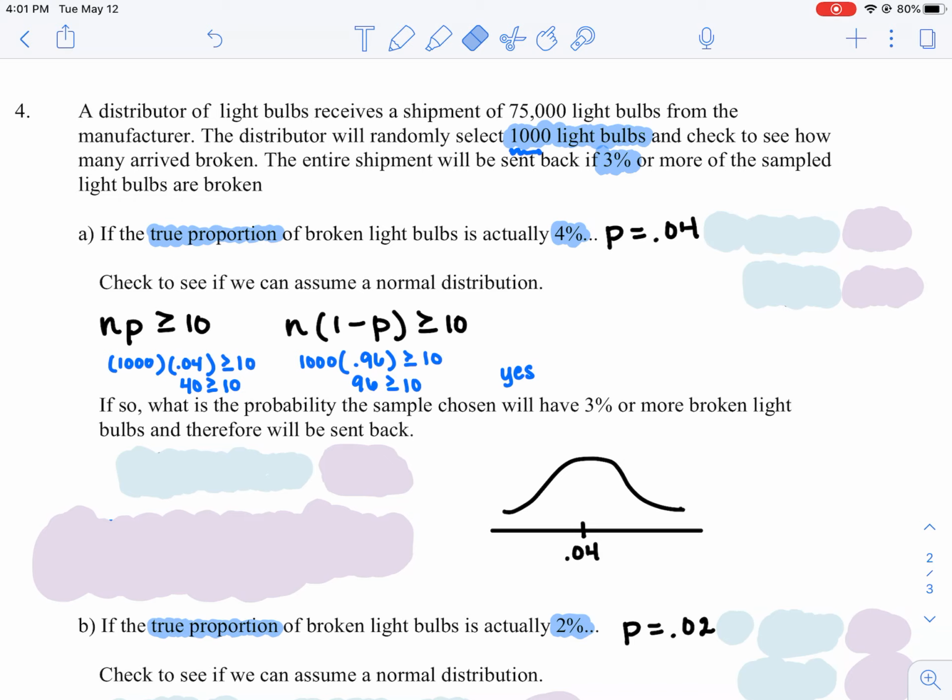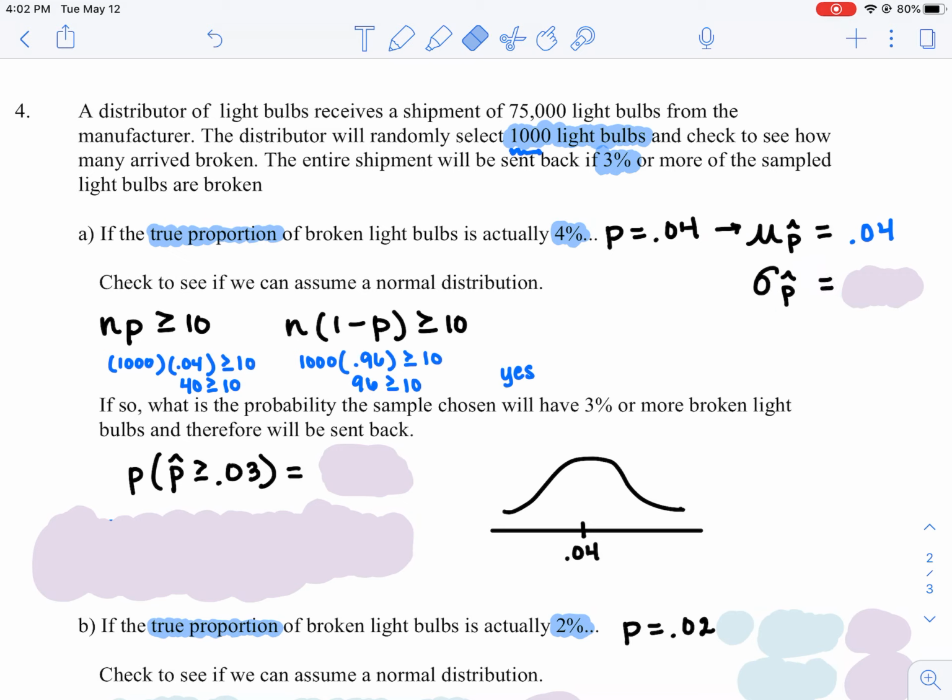What is the probability that this sample of 1,000 light bulbs is going to be more than 3% or more, which means he's going to send it back? So that's the probability you're looking for. So what I want you to do right now is use your calculator to find that probability, the probability that a sample proportion is greater than or equal to 0.03 if our mean is 0.04 and our